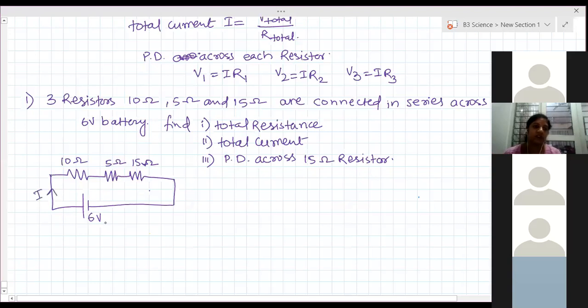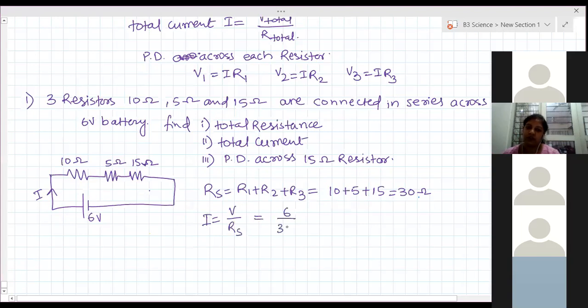So current flowing is I. So total resistance Rs is equal to R1 plus R2 plus R3. This is equal to 10 plus 5 plus 15. That is equal to 30 ohms is the total resistance, right? Total current I is equal to V by total resistance. V is 6, total resistance is 30. This is equal to